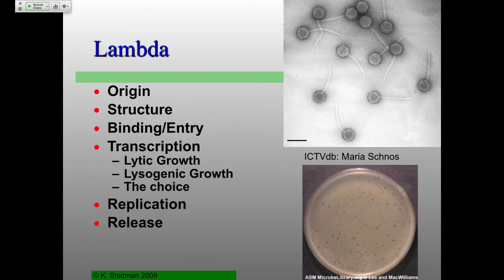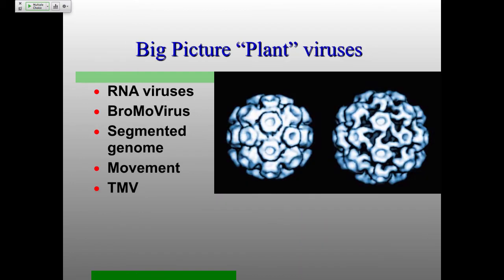Yeah, basically, again, we've covered Lambda here, probably in more detail than we needed to, but we could spend a whole term talking about Lambda, and it would be great. Now, even worse is we're going to spend about 45 minutes talking about all plant viruses, which is absolutely ridiculous. Again, we could have a whole course talking about plant viruses. So, of course, we're skipping a whole bunch of stuff here. And just by reference, this is the book on TMV, or tobacco mosaic virus. And we'll spend, I think, 2 slides on